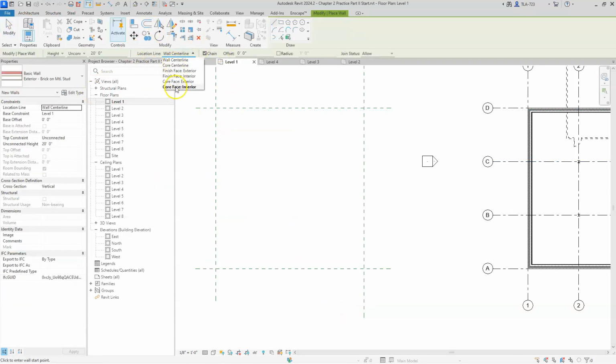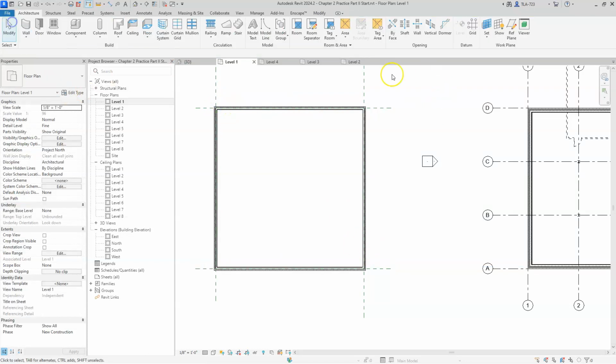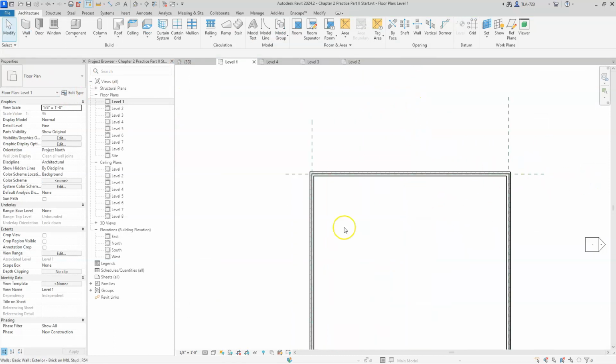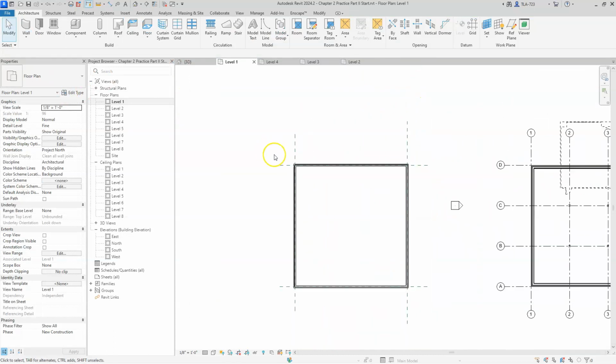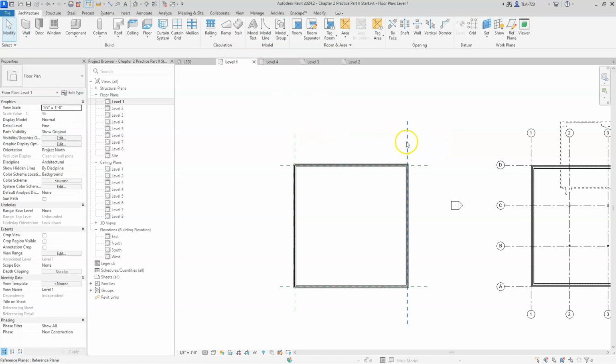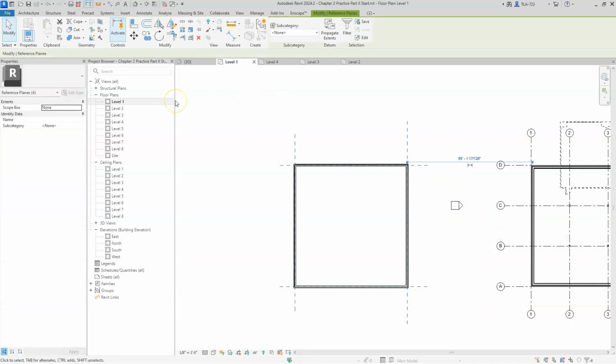So if we set our core face exterior and then we drew a rectangular shaped building between these points, now these reference planes are lined up exactly with a portion of this wall, and I didn't really align that the way that I wanted to. But the other handy feature of a reference plane is that they can be pinned. So if I right click on this one and say select all instances visible in view, gets all 4 of them selected,